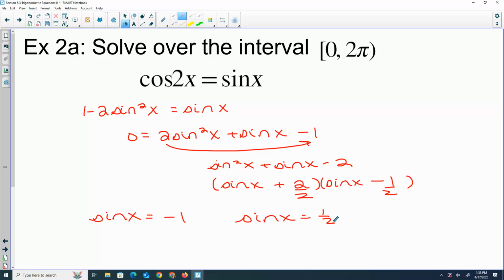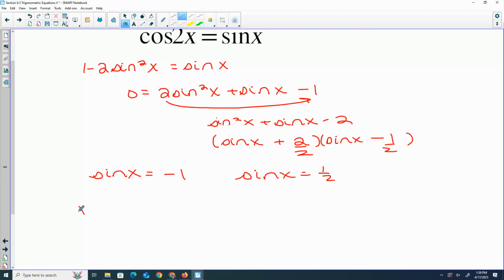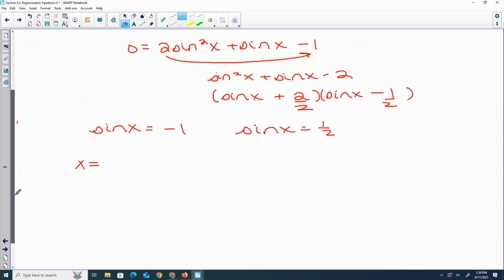Okay, so now we just have to solve these. No extra solutions because my angle is just x. When is sine equal to -1? And we are in radians, just between 0 and 2 pi. Sine's -1, that is at,